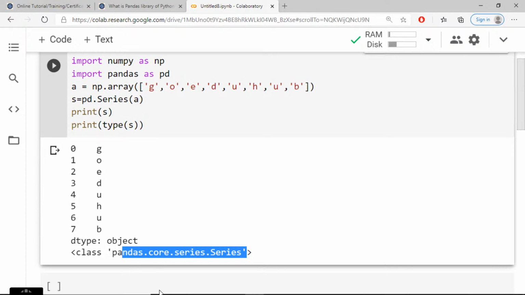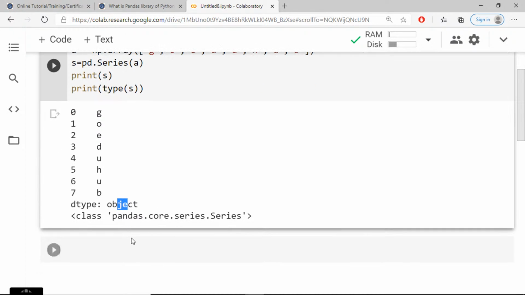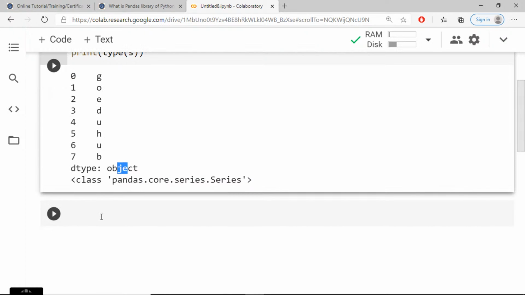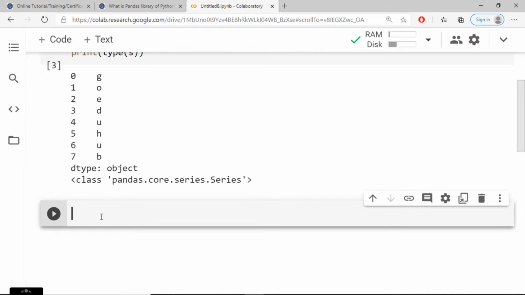Generally, here object means we have some string type of data. Now I'll create a series, and by default it's providing the index started from 0 to some numbers like 0, 1, 2, 3 in a sequence. I can create a Pandas series with my own index also. Like S1 equals to